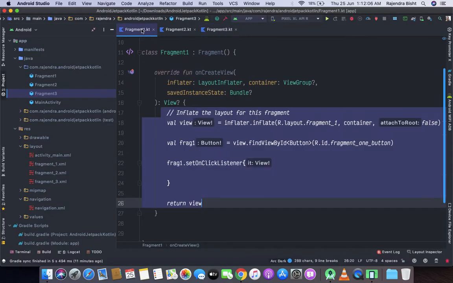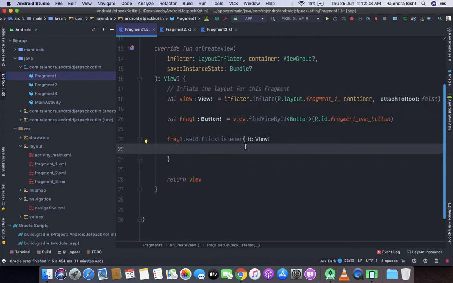So now on the button click, we will navigate to fragment 2.